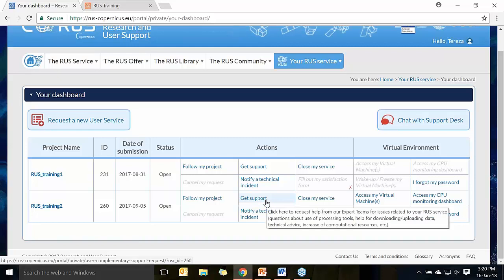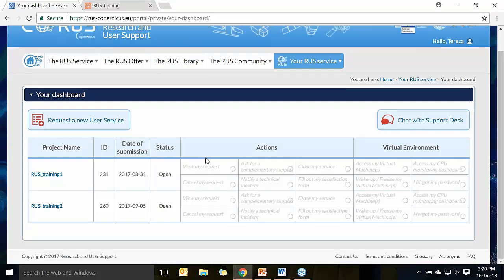So, as I said, here in RUS we are providing also dedicated Earth observation help desk. In case you have doubts, in case you have questions about Sentinel data, you don't know how to apply a methodology for your specific application, etc. So it's through this get support button that you can click here and write us, you send us your question, and it will be derived to the appropriate people and come back to you later. Knowing that, we are ready to access the virtual machines and start our exercise. So let's go. We click here in access my virtual machine,